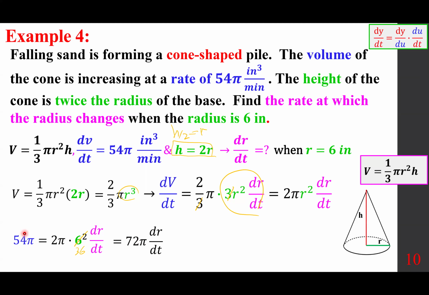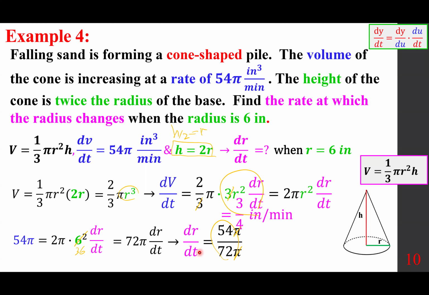This one by 72 pi. The pi's cancel out. These two numbers are both divisible by 18. The numerator becomes 3, the denominator becomes 4, and the units of r over the units of t: 3/4 of